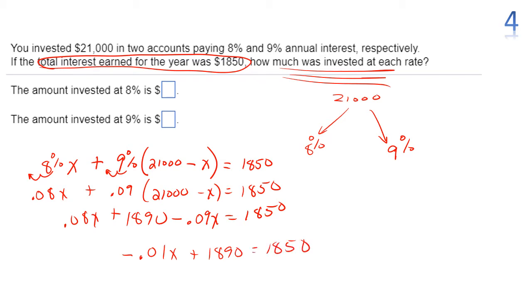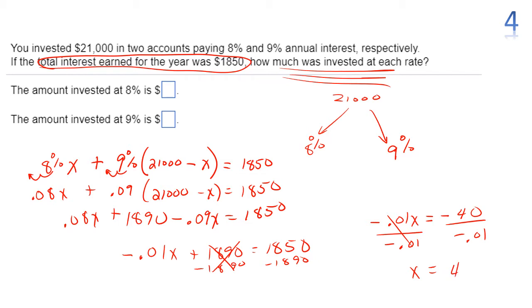To solve it, just subtract the 1890 on both sides. I have negative 0.01x equals negative 40. And now divide by that negative decimal number. So x will equal